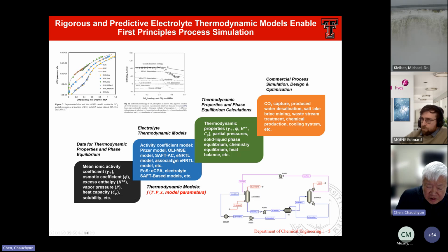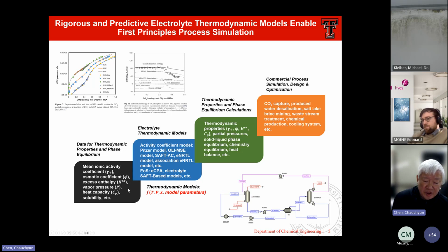Again, all these models allow us, based on model parameters, to predict the thermodynamic behaviors of the solution at a given temperature, pressure, and X. X, again, I want to emphasize, is for multi-component solutions. And all these models, of course, depend on the data. I want to emphasize not only mean ionic activity coefficient, osmotic coefficient, and vapor pressure, but it's also very important to